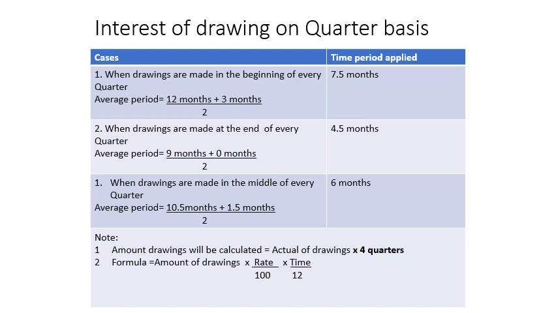So you have to take the average period on the basis of the time period of the first quarter and the last quarter. So the first quarter, from 1st January, consists of a 12 months period, and the last consists of 3 months. So take the average, 7.5. In the same manner, for the end of the quarter, the first quarter difference and the last quarter difference are to be taken for calculating. So it starts with 9 months, and then the last one, the 31st, will not be considered as a time period. So it is 4.5 months.